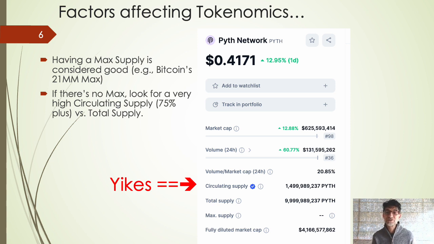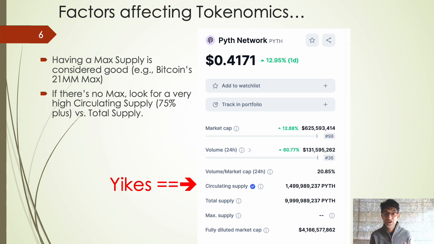It's a very hot oracle. It's a very hot project because it's on the Solana blockchain network, and everyone's going gaga, including myself actually, over Solana. But in this case, you could see that maybe Solana is good, but Pyth Network is not that good, because the circulating supply is 1.5 billion, which is high in and of itself, but the total supply is 10 billion. So that's a huge amount of dilution and inflation that's going to be happening in the future. So I'm not a big fan.